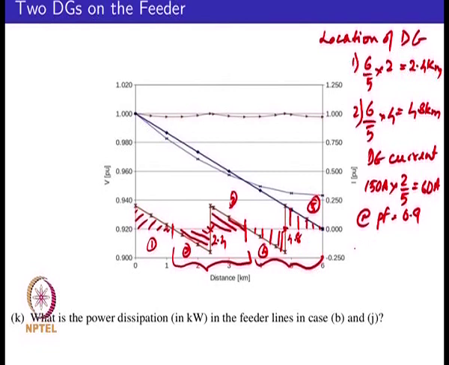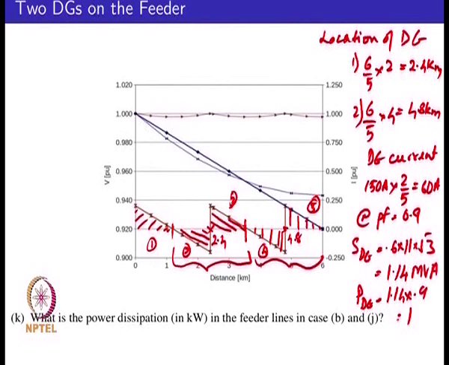So, if you look at your MVA level of your DG, this is 0.6 into 11. It is about 1.14 MVA, and your power level is about 1 megawatt. So, you need about 2 1 megawatt DGs located appropriately to get the